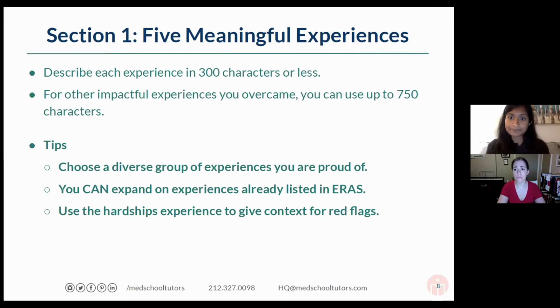And for impactful experiences that you overcame, so this would be that second section that Sarah was mentioning, you can use up to 750 characters. So again, you can speak a little bit more about the different situations that people have been through. I think the key things that we recommend